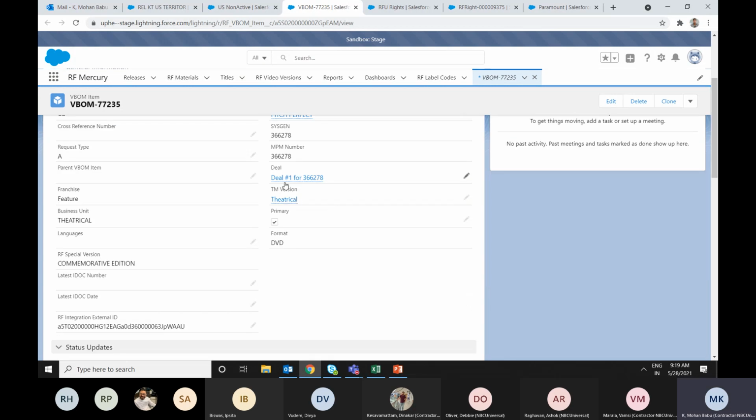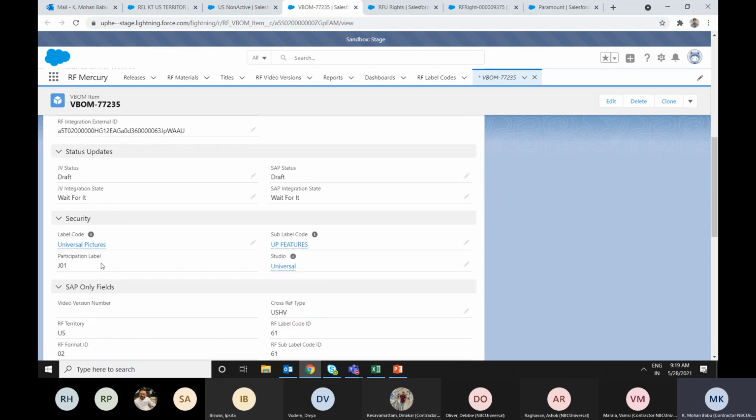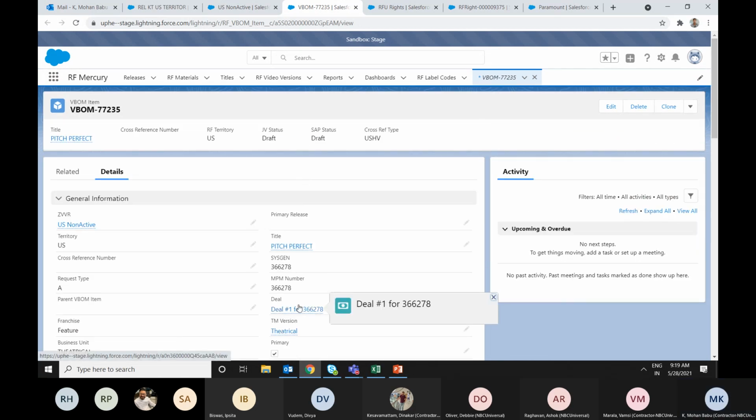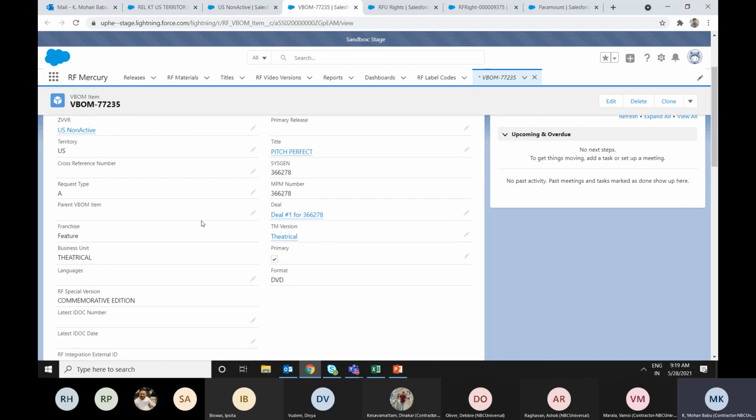You can see the deal one which I have chosen, the corresponding deal is stamped on the VBOM item, and the other fields, the security fields, studios, available code, participation, label will get stamped based on the deal which is selected here. So this is how, when we are creating the active rights, the security fields are flowing to the VBOM items.